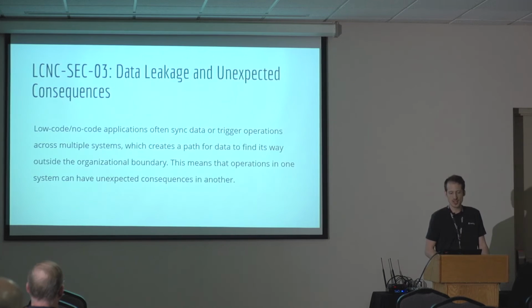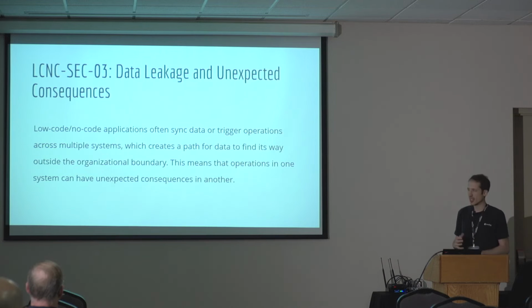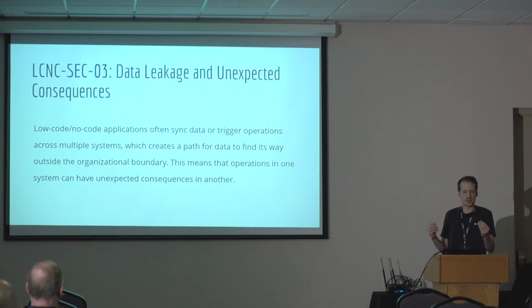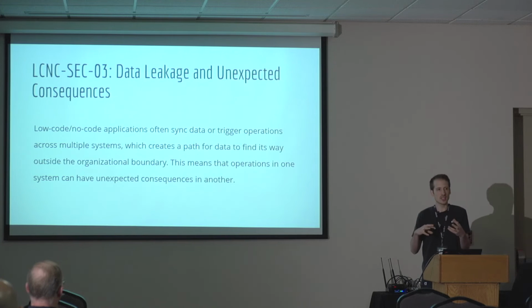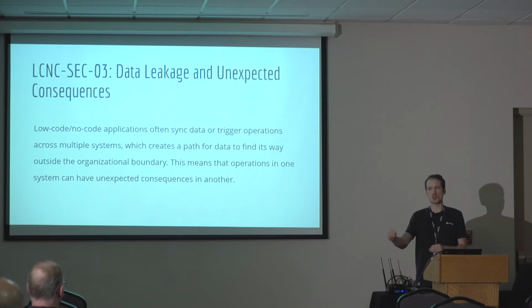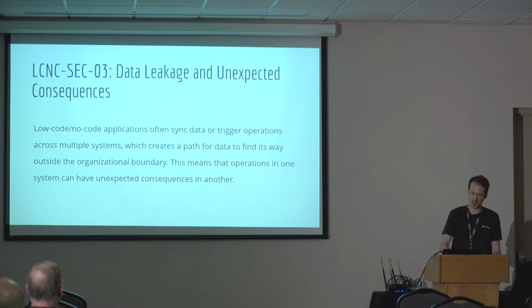Okay. The next risk is around data leakage. And the second thing here is unexpected consequences. Just imagine what happens when you have in your organization 70,000 different apps, all of them connecting to different kinds of services. Things get connected, and you're really not sure how. It's really difficult to find out what all of these automations are that are moving data between different places.